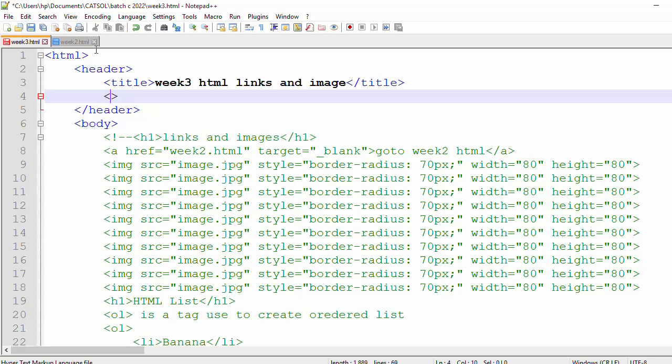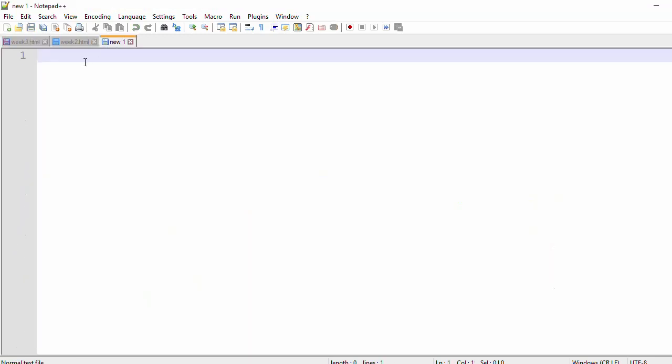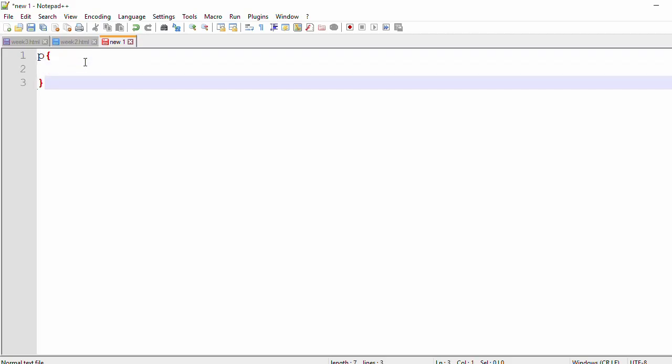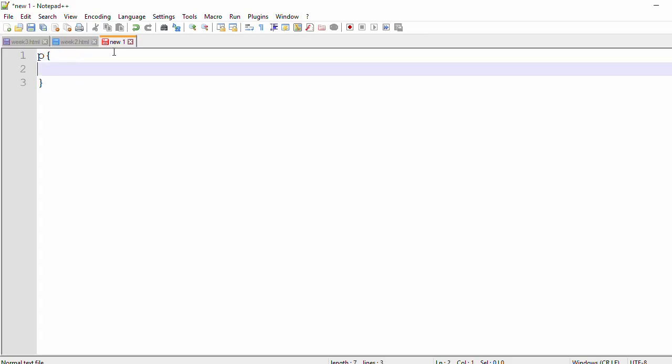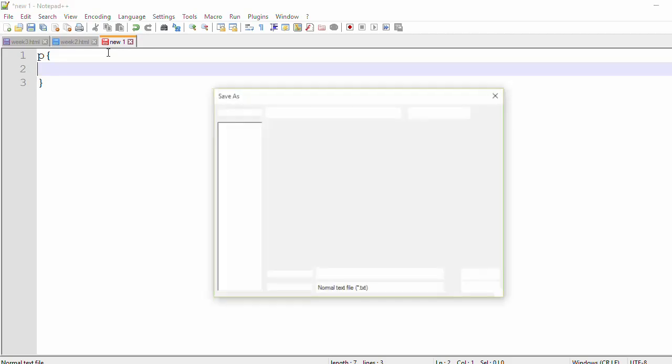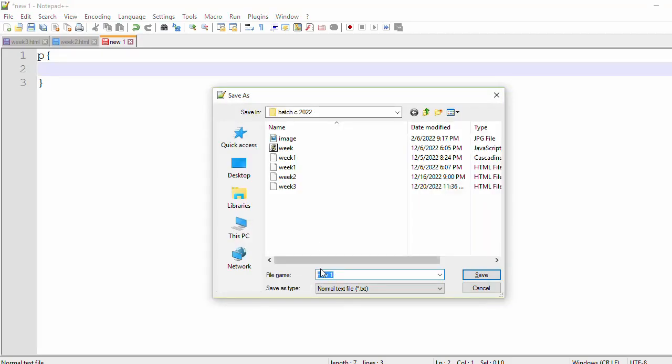But before we link, then I can press Ctrl-N to create a new page. Then you can see P here, and then after P here, then I can write my code in between here, right? Now I can save this file, then I can give it week 3